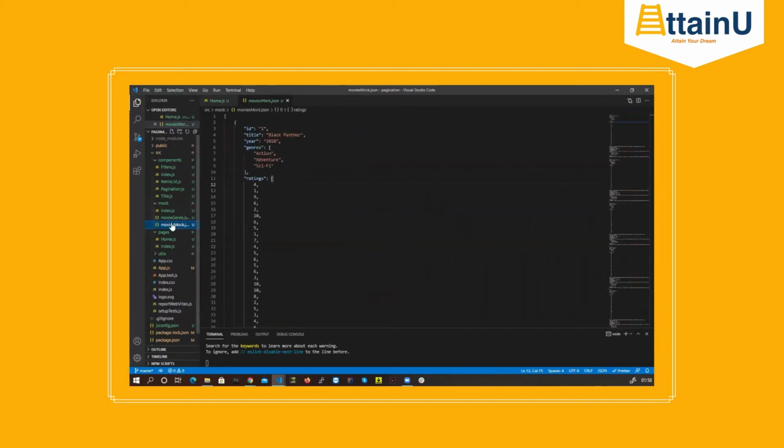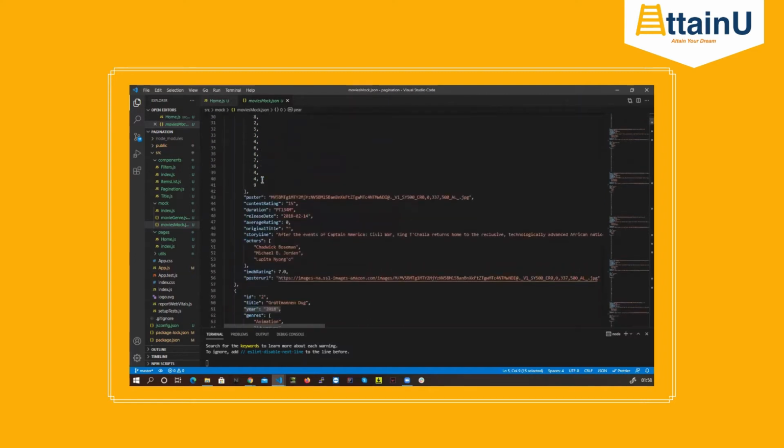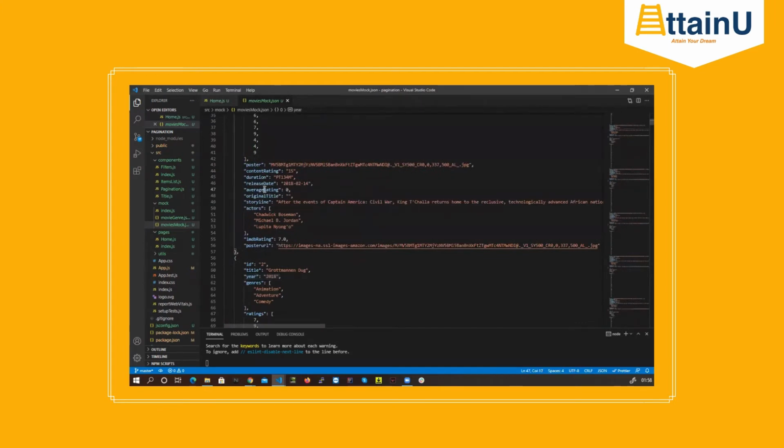Okay, now let's talk about movies mock first. You don't need to go inside each and every value here. In our case, we are just working with the title. Title is what I'm showing in the UI, and ID is what I'm using as keys. Okay, currently I'm using genre only as a filter, but you can see we already have details for years, so you can use that as well. If you come down, then we have average rating. You can use that as well. Then release date, you can use that as well.